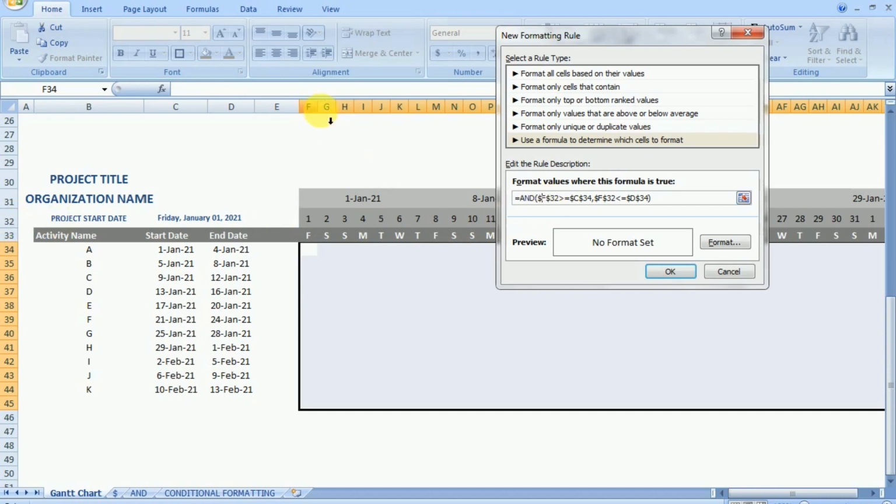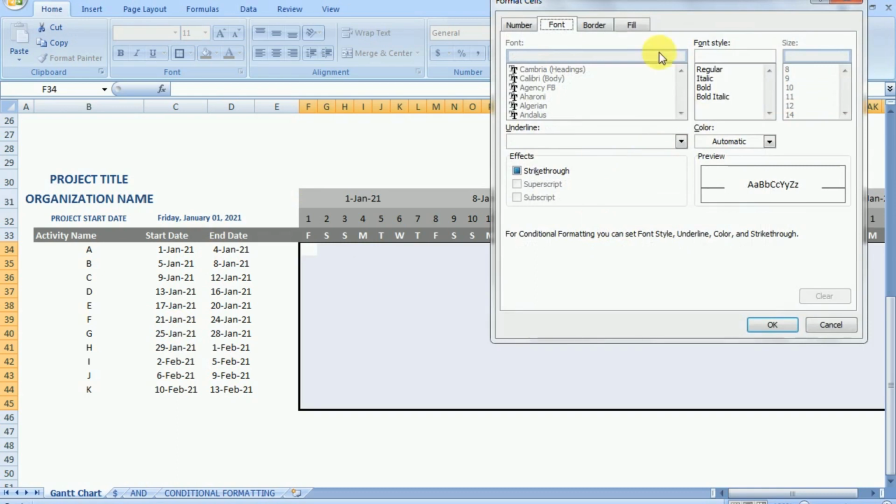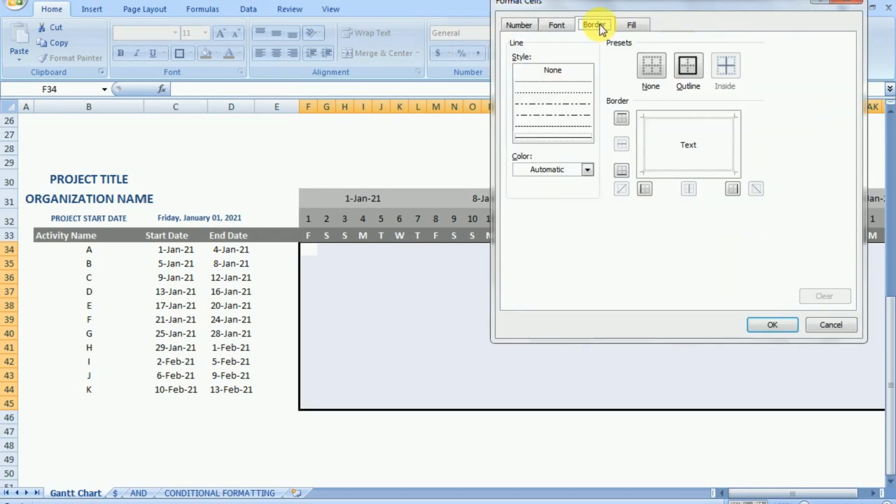And we also want the columns having the start date and the end date, that is C and D, to be fixed. So we will put a dollar sign in front of the C and D, representing the columns having the start date and the end date. So in this formula, we will put a dollar sign in front of the 32 to fix the row of the time period, and C and D to fix the column of start date and end date. Then we can change the formatting.